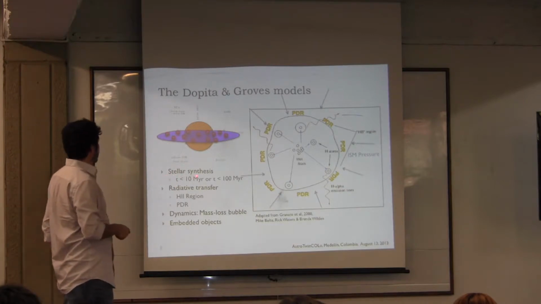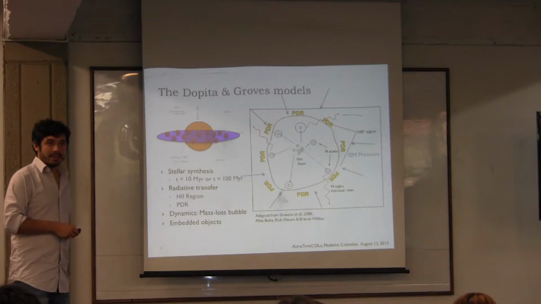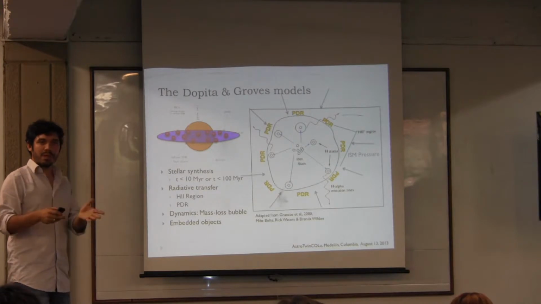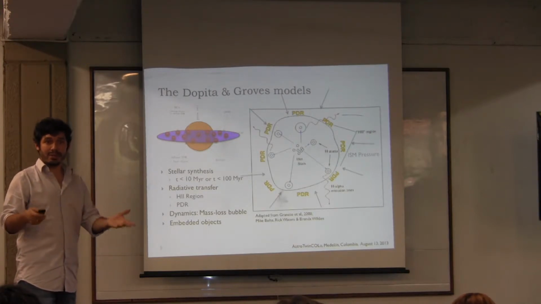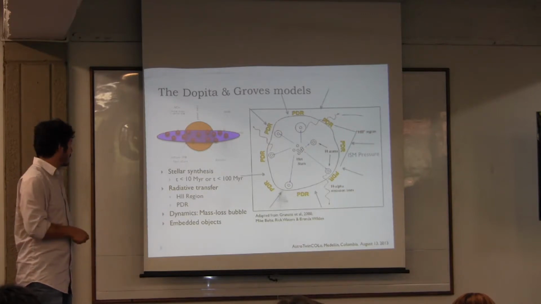What do we need? We need several ingredients. We need, of course, to know how these stars emit their light. So you need to calculate the emission from these stars. So that's what we call stellar synthesis. We assume a population of stars, and we predict what the emission of these stars looks like, because that's the emission responsible for heating the dust, ionizing the gas, etc.